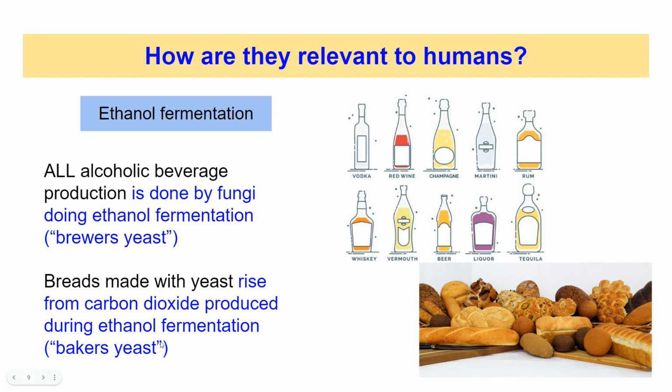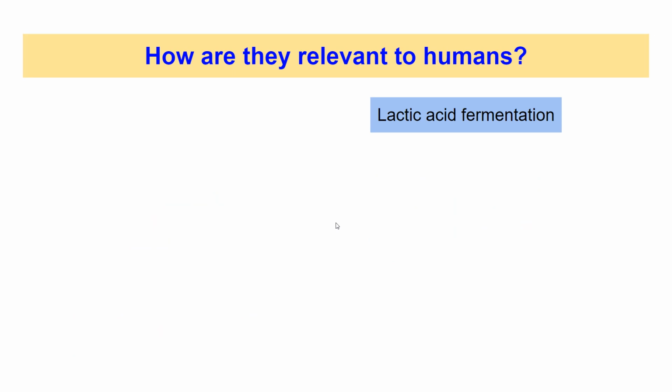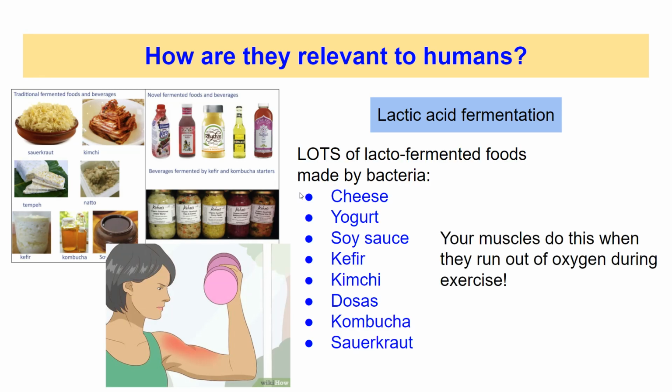We use this inside of our bread so that as the CO2 gets released, it rises, pushing up the dough and creating little pockets of air, making the bread fluffy and making it larger. Otherwise, it would be this unleavened kind of cracker. Now, lactic acid fermentation has a myriad of uses. We oftentimes use lactic acid to make cheese, yogurt, and other types of